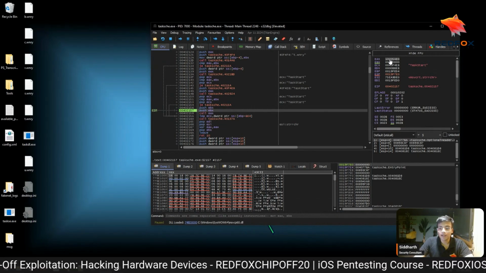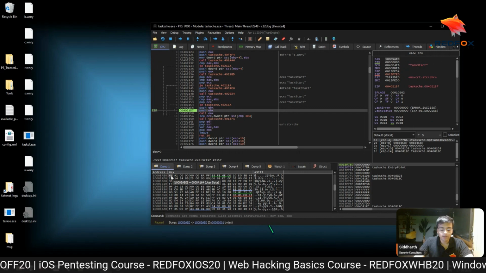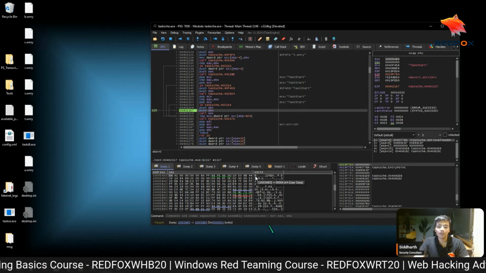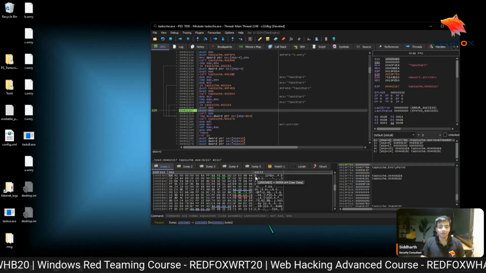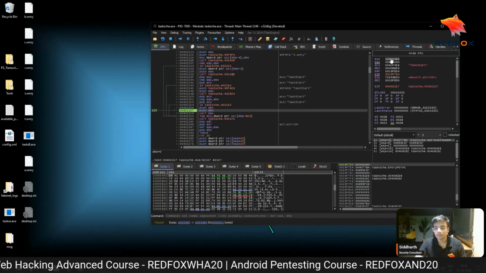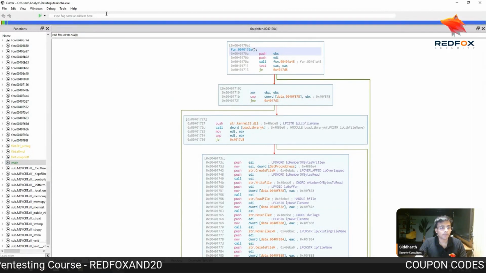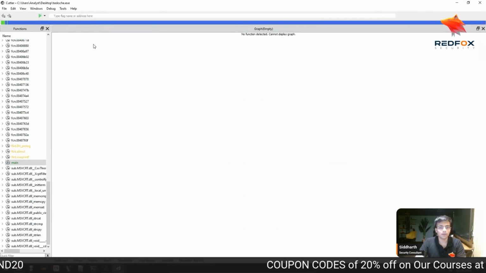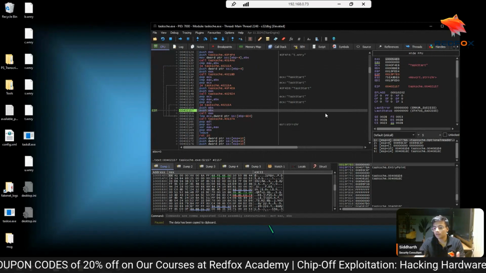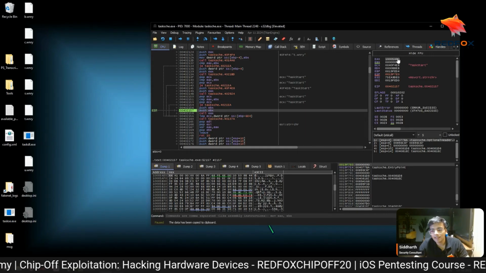Because if you're calling EAX, and this is what we can see if you go into the dump, it's not an executable, it's not a portable executable. So if we call some arbitrary place, it's going to run a function. Now let's actually copy this value and try to find this in Cutter. No function detected, cannot display graph. I think this might need some conversion, as I was saying, but the idea is that whatever lies in EAX over here